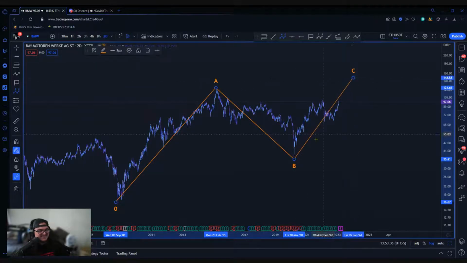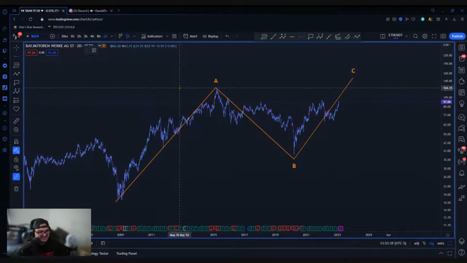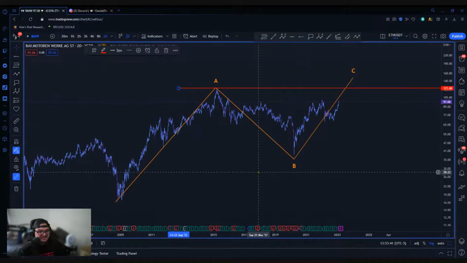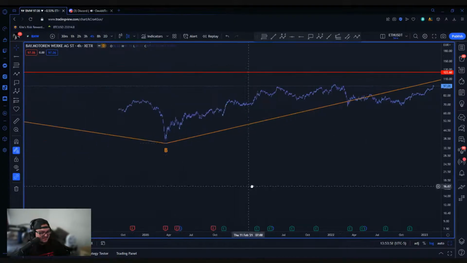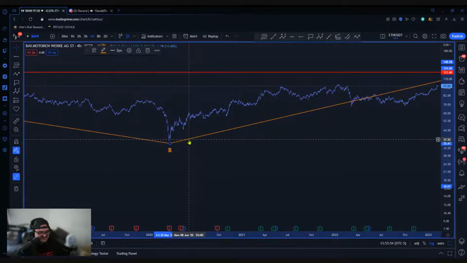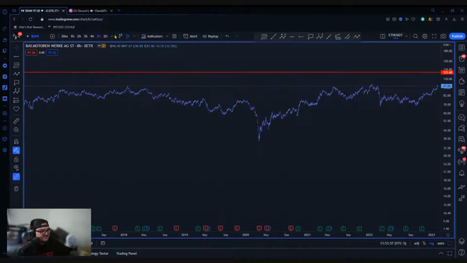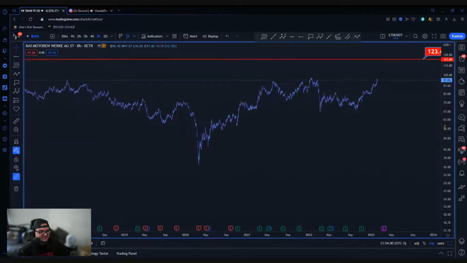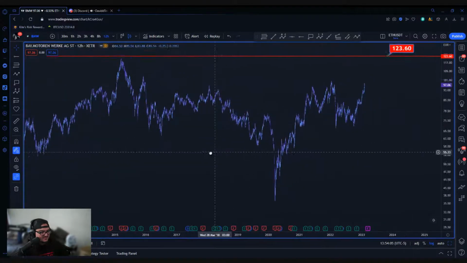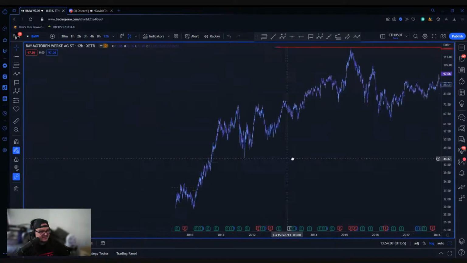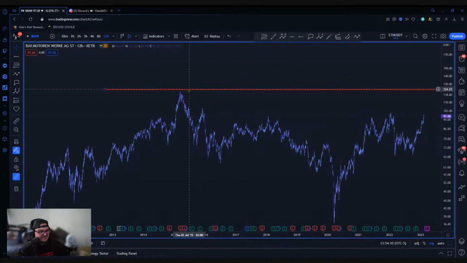BMW, so for BMW on a larger scale, looks like we might be putting in this as a larger ABC. And then we could be doing something to where ultimately I want to see this pivot be tested on a larger time frame. If we go down to a smaller one and take this ABC off the table, we can dissect the in-betweens. Let's go to maybe a daily 12 hour. All right, yeah. So if that is the case, this uptrend was the A. This ABC was the B.